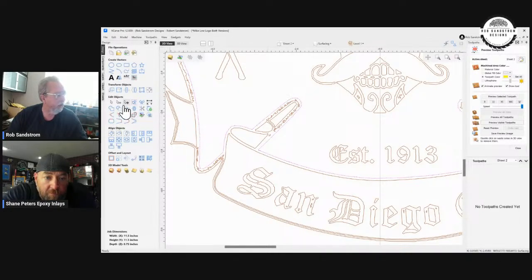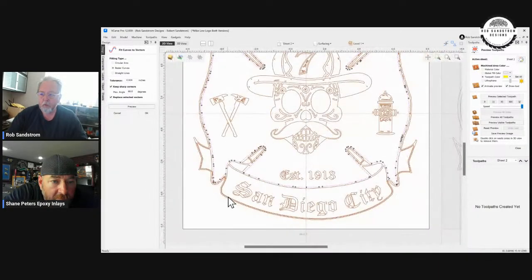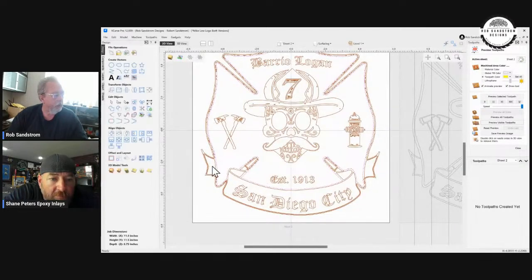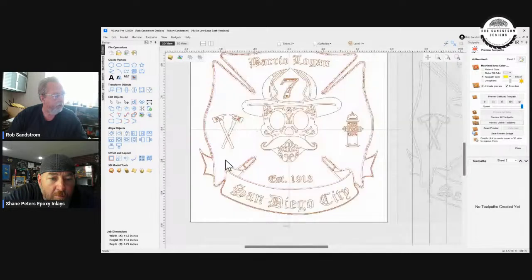I select that. I hit curve fit. You see all these nodes? Now if I hit preview, see how few nodes there are? We just cleaned up a whole bunch of nodes. So that's the first thing I do. I hit OK. But in this case, there are several vectors that I'm just going to have to plain get